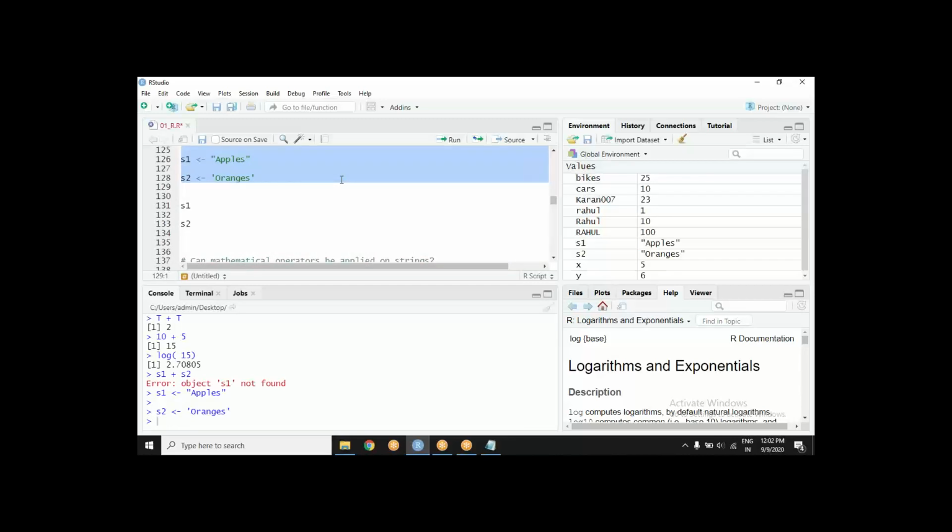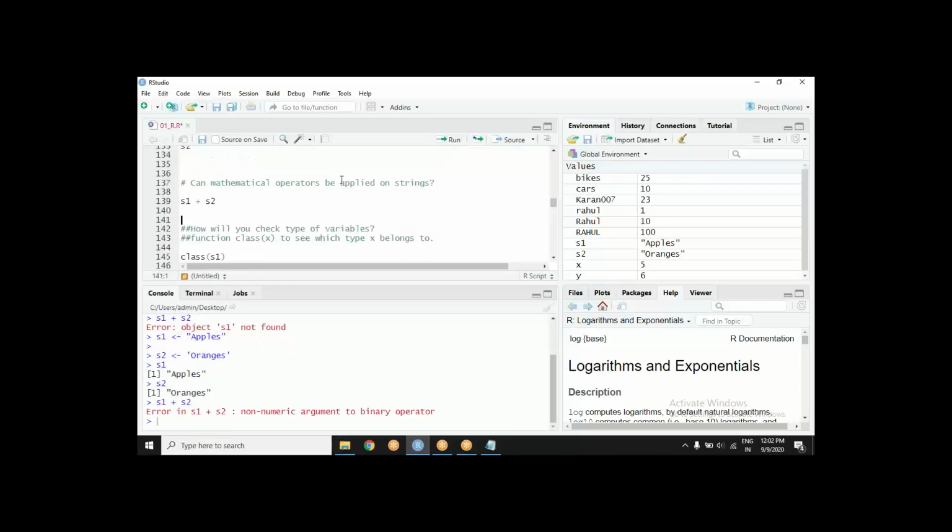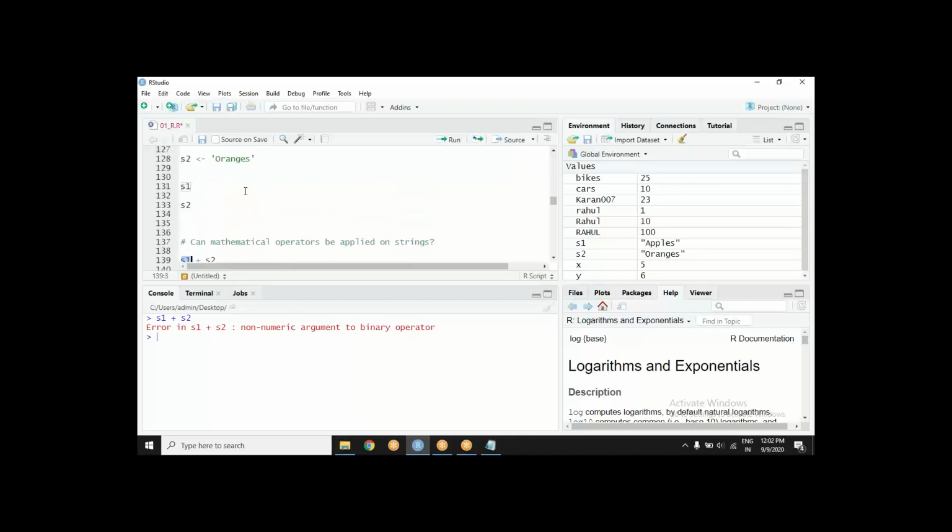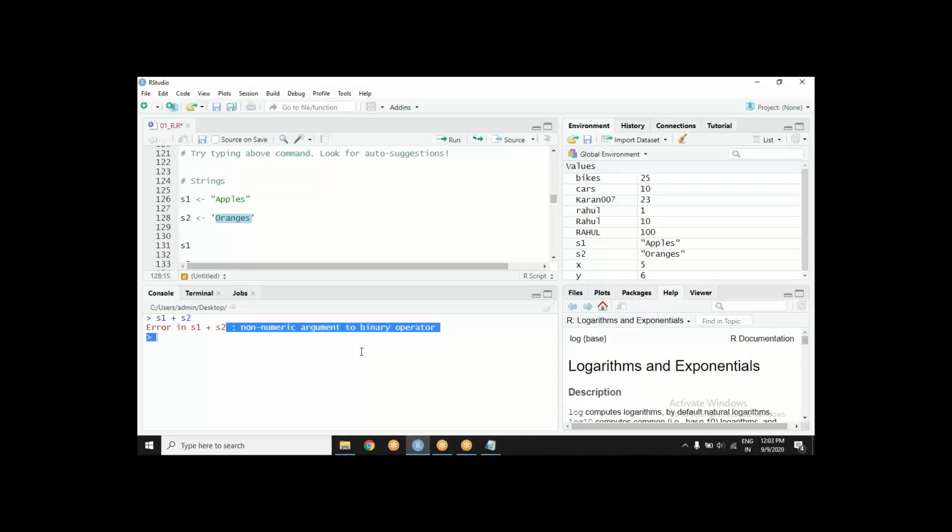Okay. I myself did not create variables. It throws an error: non-numeric argument to binary operator. You are using a mathematical operator, but to this operator you have not given mathematical values. Getting it right? Yes, it should have happened. You are asking a nonsense question. It is replying, sorry, I don't know what you mean to say.